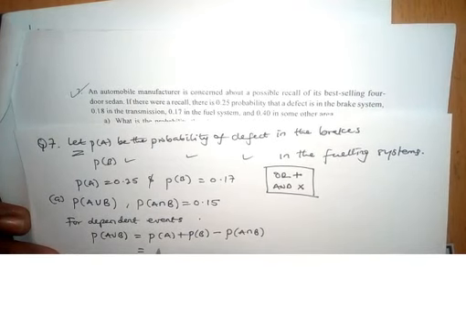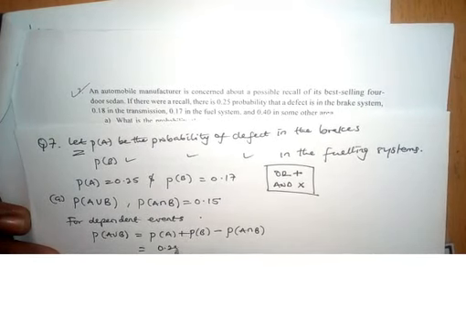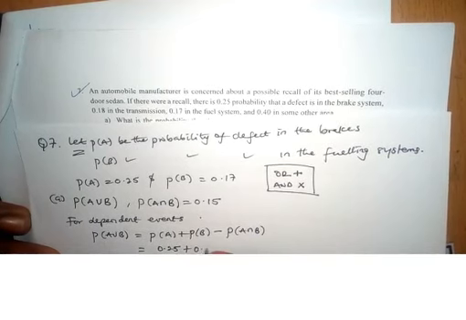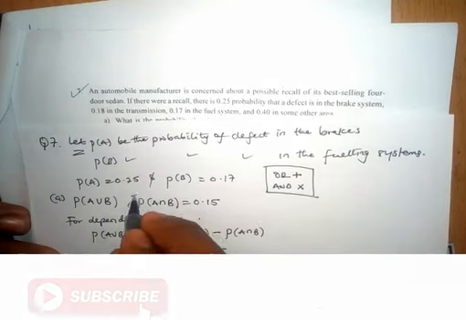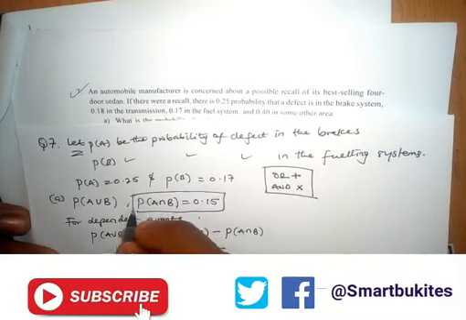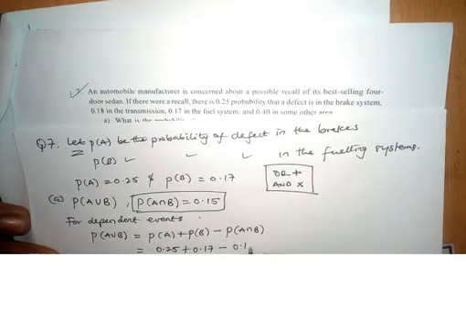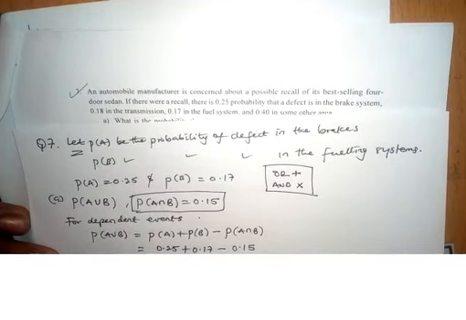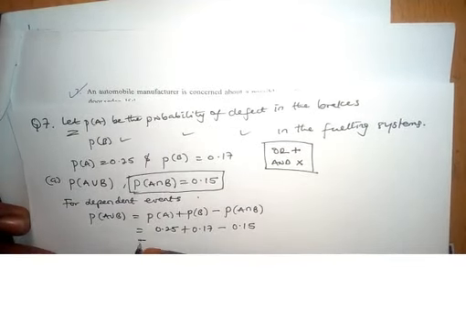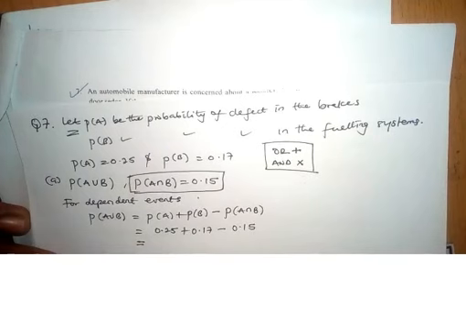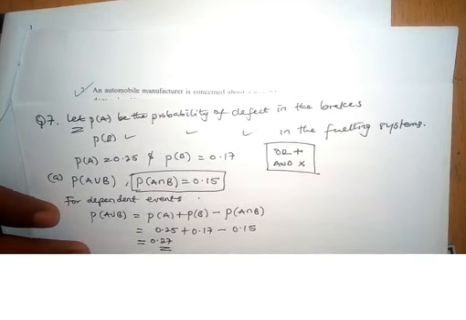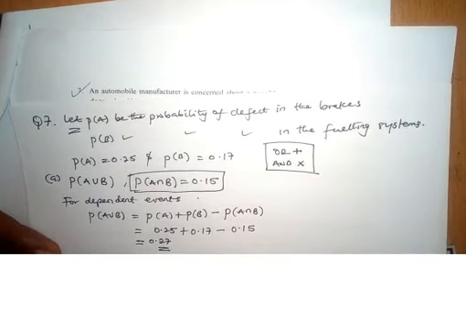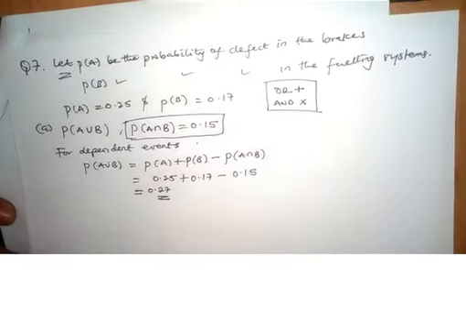So in this case, P of A is equal to 0.25 and P of B is equal to 0.17, minus their intersection, P of A intersection B, 0.15. So this will now be equal to 0.27, and that's that. So if you want to prove if this is really right or wrong,